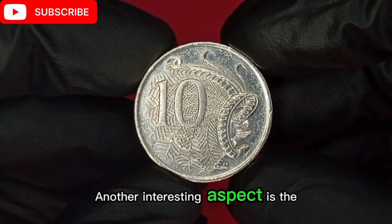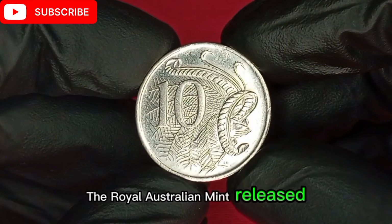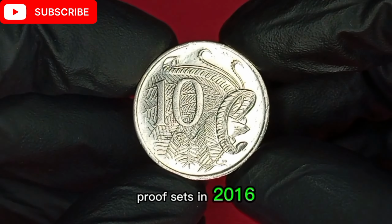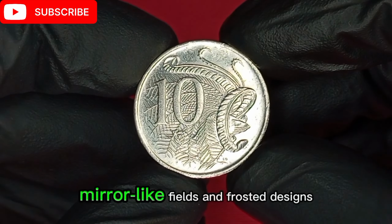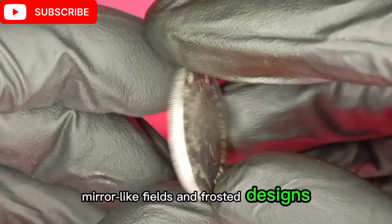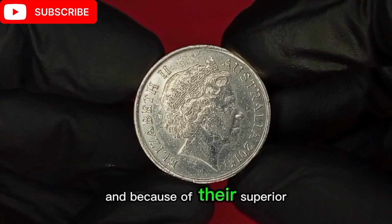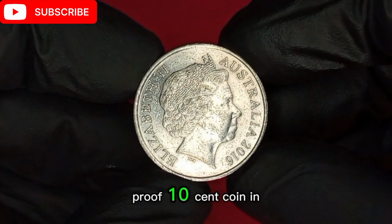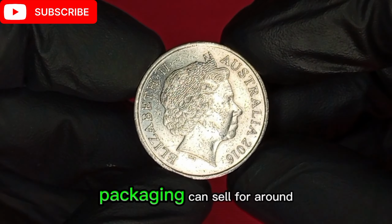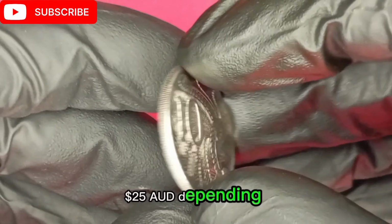Another interesting aspect is the low mintage proof coins. The Royal Australian Mint released collector proof sets in 2016, and the 10-cent coin from these sets is known for its mirror-like fields and frosted designs. These proof coins are not intended for circulation, and because of their superior finish, they are highly sought after. A 2016 proof 10-cent coin in its original packaging can sell for around $10 to $25 AUD depending on market